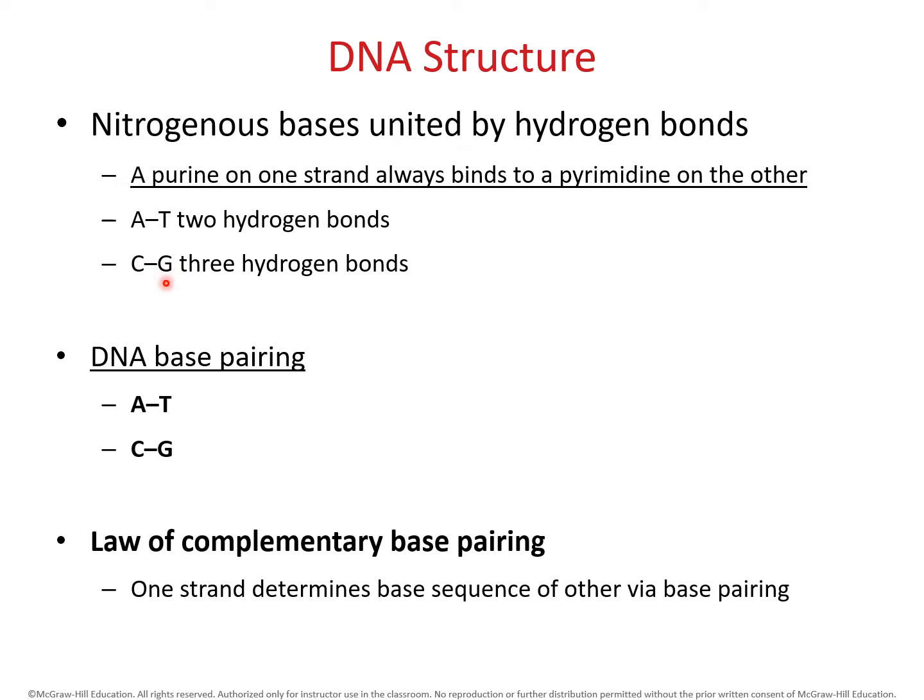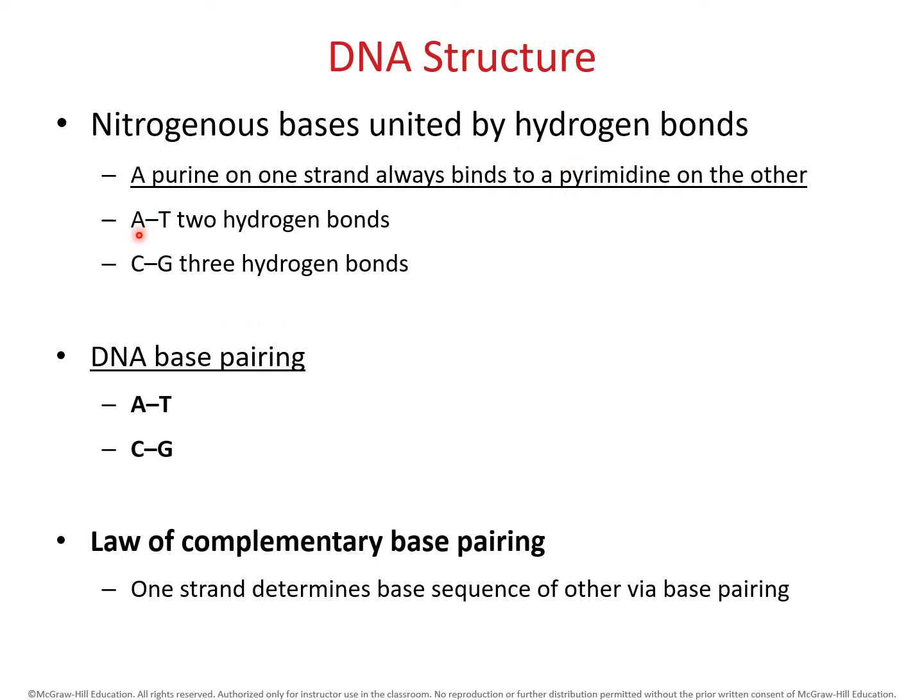G. I think I misspoke on the last slide. I think I misspoke on a pairing. All right, this is the deal. Adenine and thymine pair together. Cytosine and guanine pair together. I think I said something different on that last slide. I'm talking too fast. All right, so here it is, right? Adenine pairs with thymine, cytosine pairs with guanine, and they're going to pair together by way of hydrogen bonds.